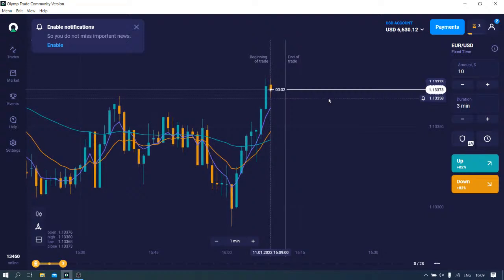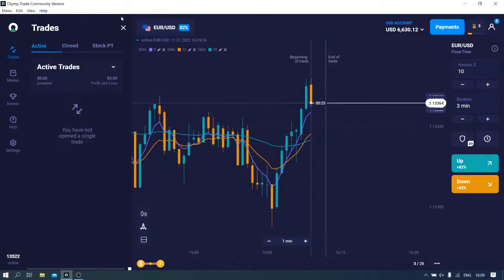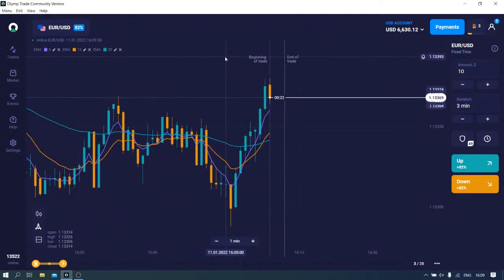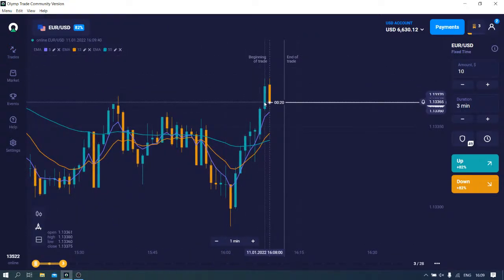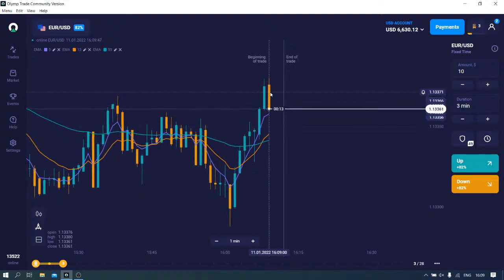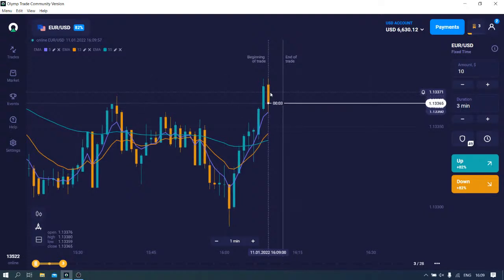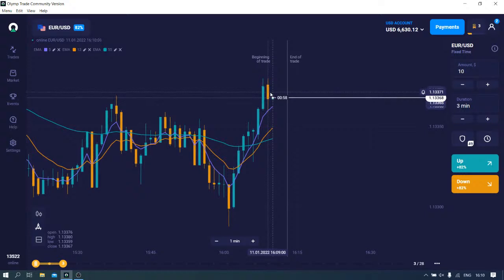Okay, so let's go back to trading. From what I can see, my first trade was successful. And I won't be using any martingale strategies on this webinar, so I will just be opening deals on a fixed amount. I know that some traders prefer to use martingale, and some of them are against this procedure. However, in my opinion, you may either use it or not, and I don't have any complaints about it.